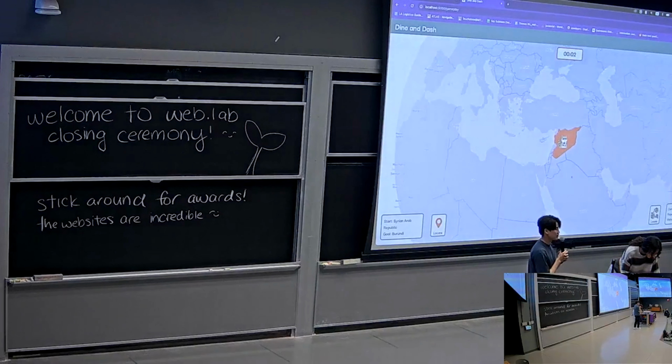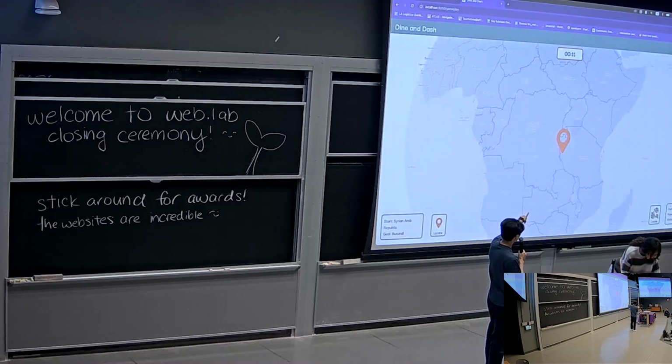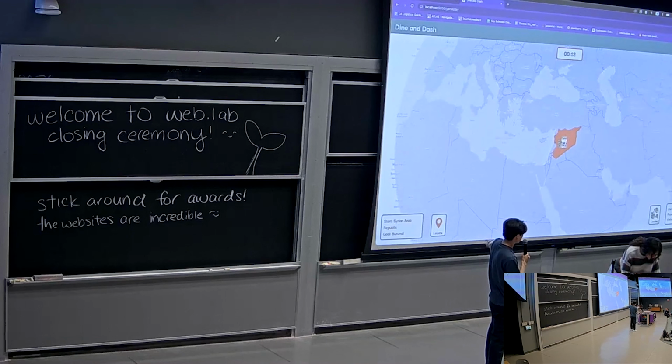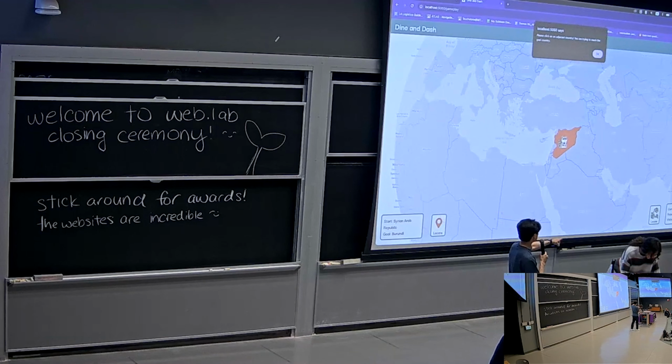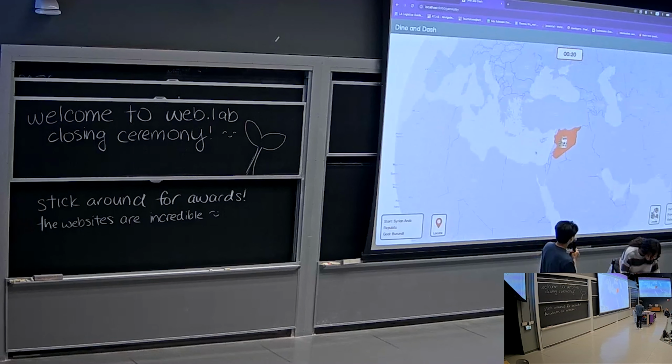So once you're loaded in, you have the map as the game. In the bottom left, you can see that you're starting in Syria, and your goal is Burundi. You can locate your end goal with the bottom left button, and you can go back to where you are in the bottom right. This is just a pop-up that will remind you, if you haven't made any moves, of how to play the game. And so you can start playing the game by just clicking on an